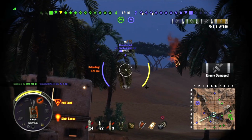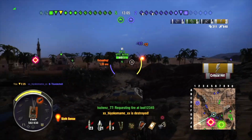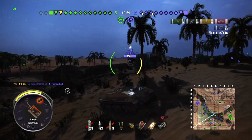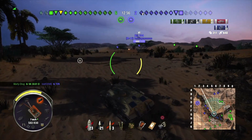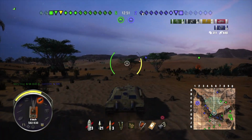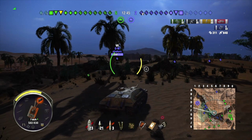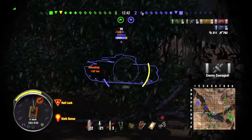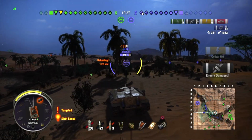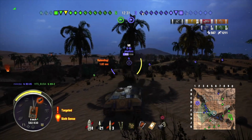Okay, so number 4 is actually a tank destroyer. It's actually the only tank destroyer on this list. It's the E25. I want to say that this tank has 830 hit points. What I really think the E25 has that will make it really good in ranked battles is its speed, its concealment, its small size, and its gun. Especially the DPM, because the E25 has a DPM of